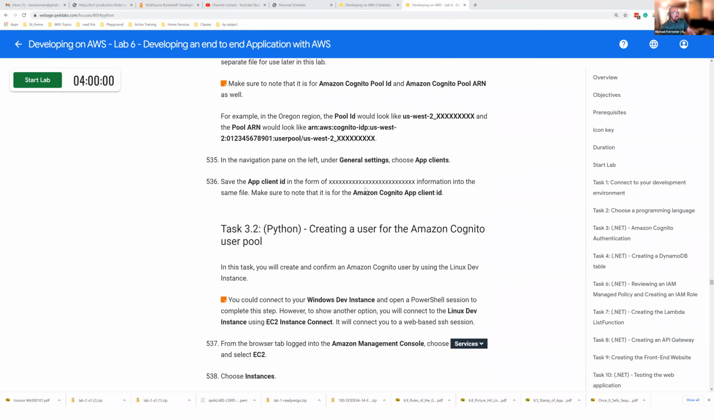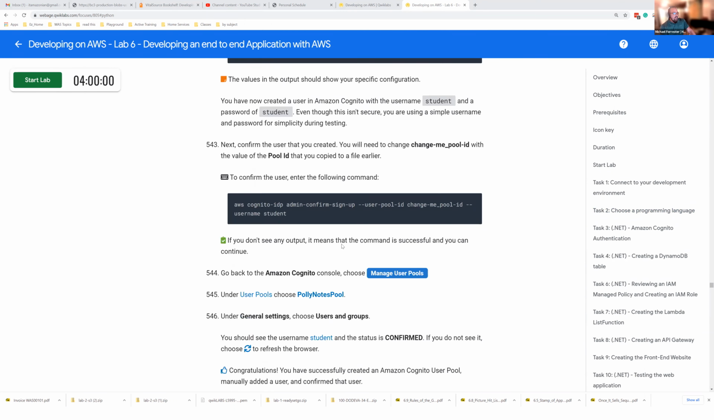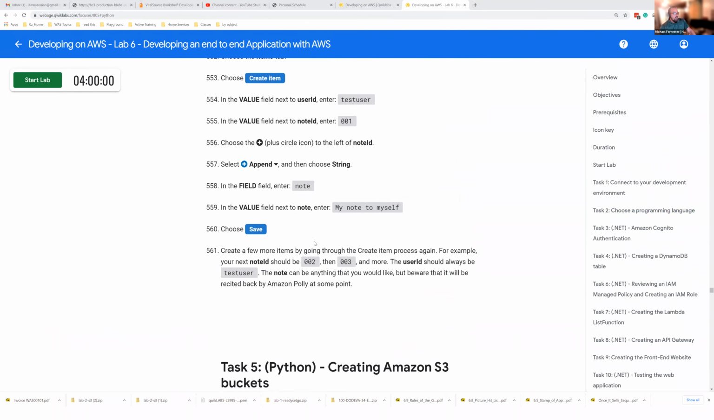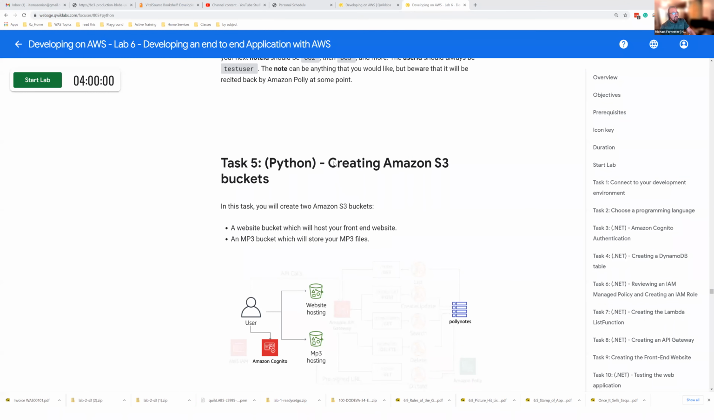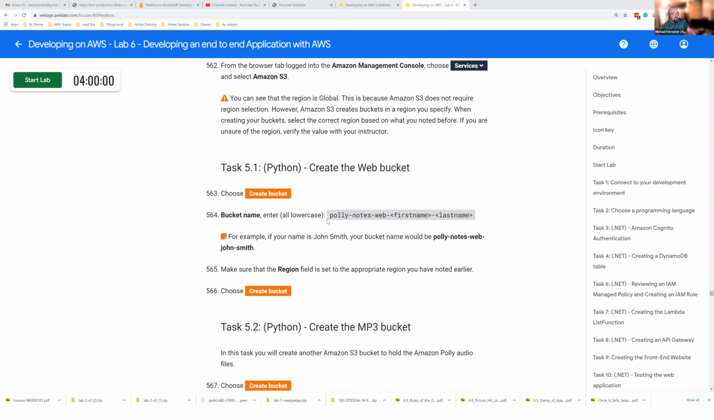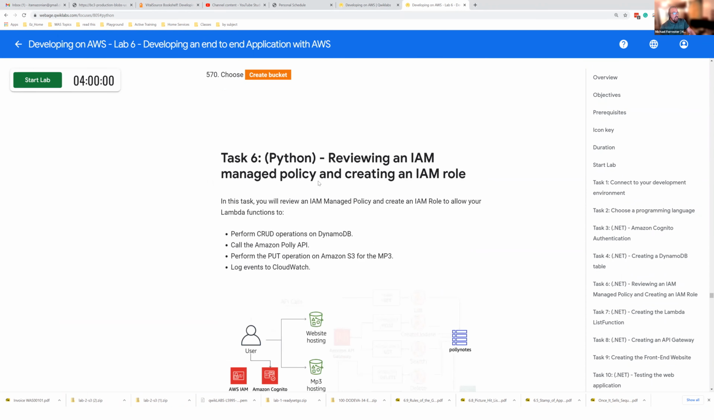And then from there, you're going to create a user for the Amazon Cognito user pool, right? And then you're going to create a DynamoDB table, which is going to be tons of fun. You're going to create a table, add some values, create a couple of S3 buckets, right? Notice it says polynotes, like first name, last name. It always surprises me what's not taken, by the way. Like John Smith will be able to grab a bucket. It's really weird, right? And then you're going to create the MP3 bucket, and then review an IAM managed policy,